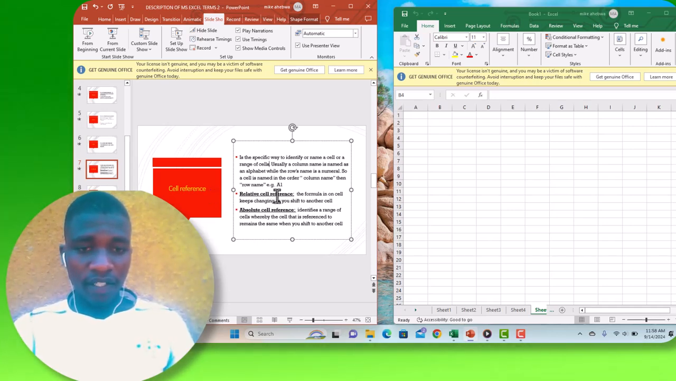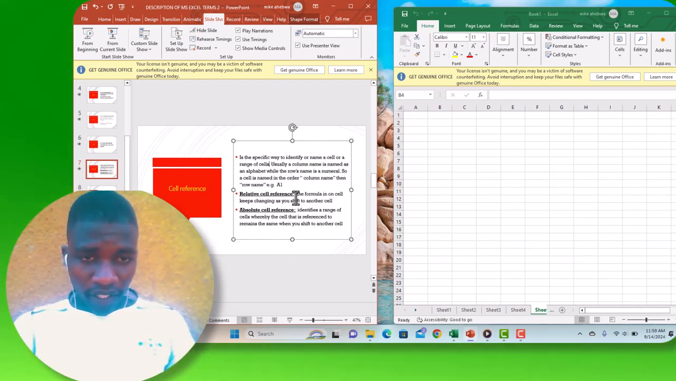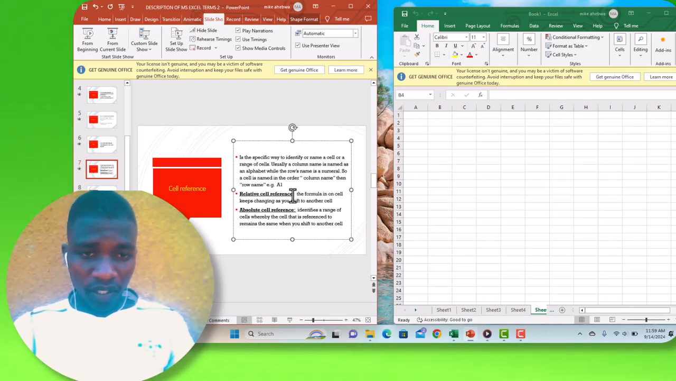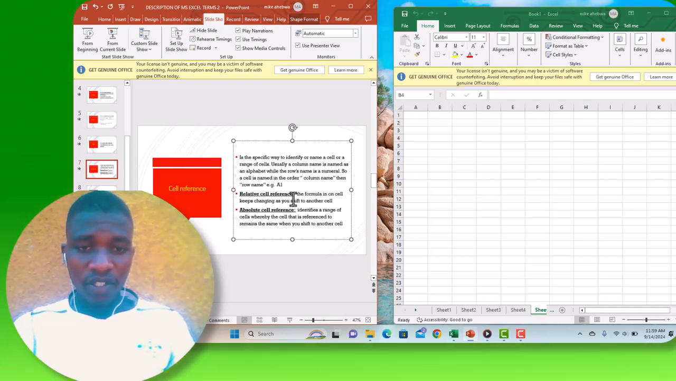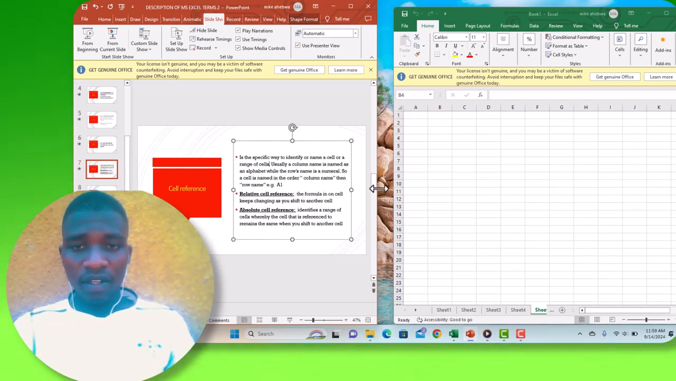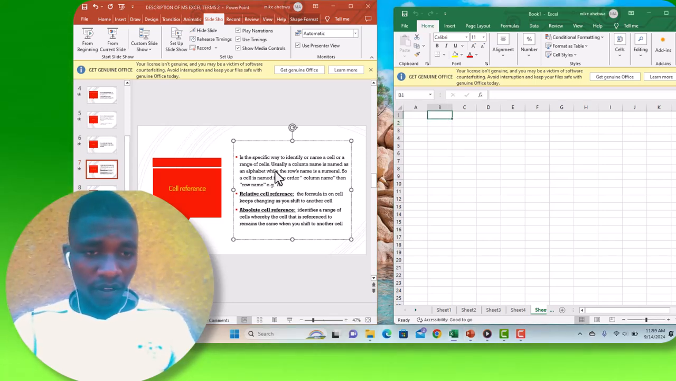Yes, we have relative cell reference. We shall appreciate this when we come to the formula. For a relative cell reference, the formula on a cell keeps changing as you shift to another cell. We shall elaborate on this more in our next video. Endeavor to follow. And the other type of cell reference is absolute cell reference, and it identifies a range of cells